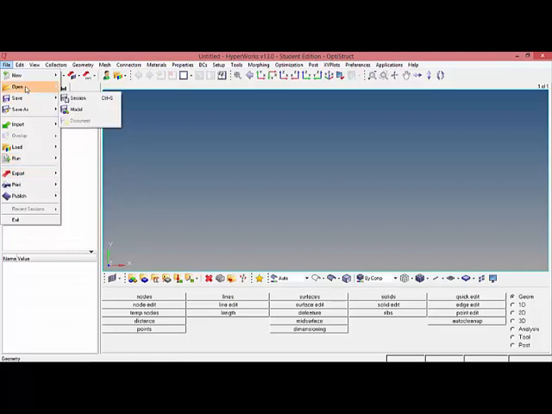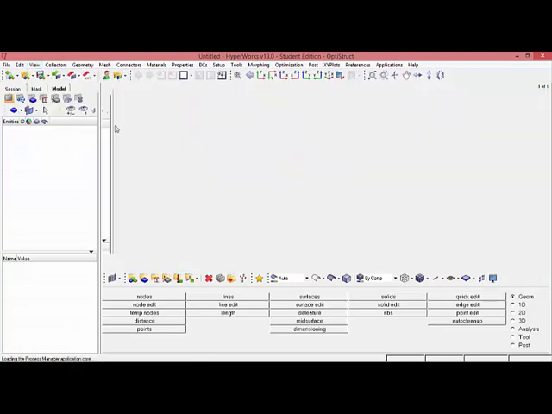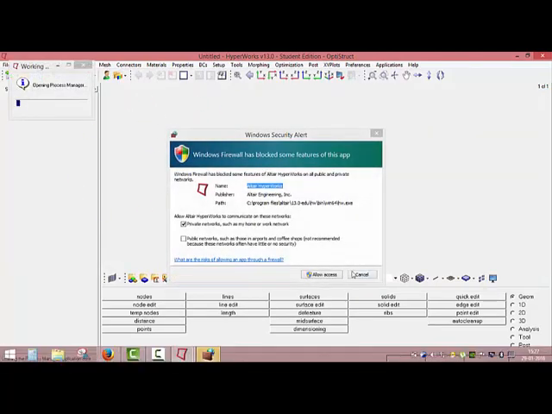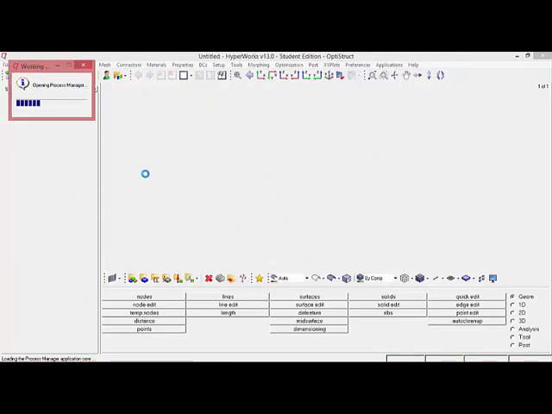I can go to the File menu. If I want to work on any view-related problem, like viewing some toolbars that are hidden, I can go through the View menu, for example the process manager. Here the process manager has been opened. In the same manner, I can go through the different types of